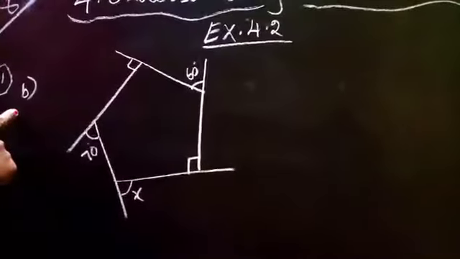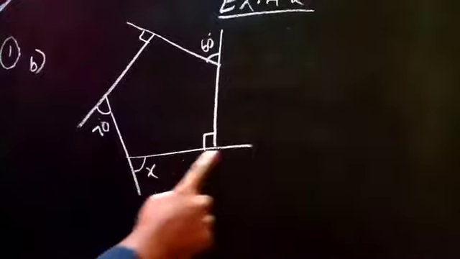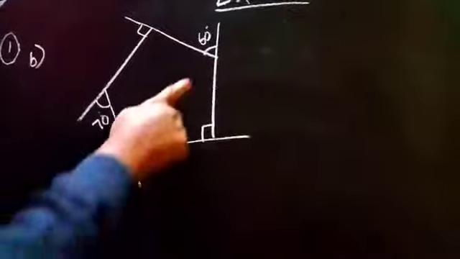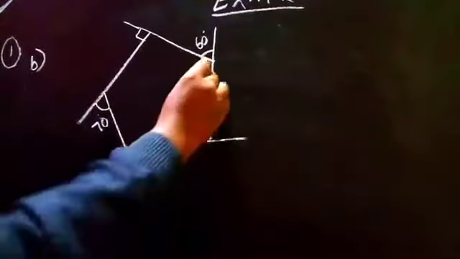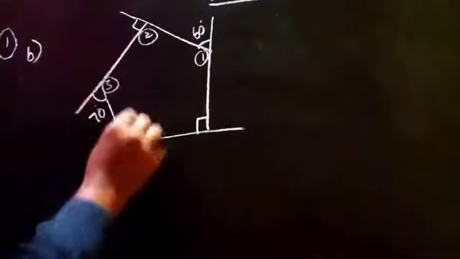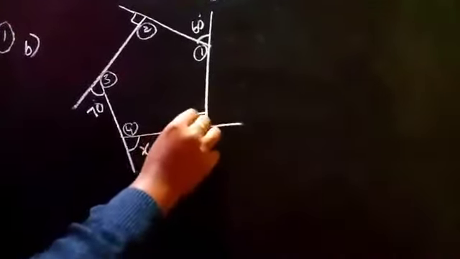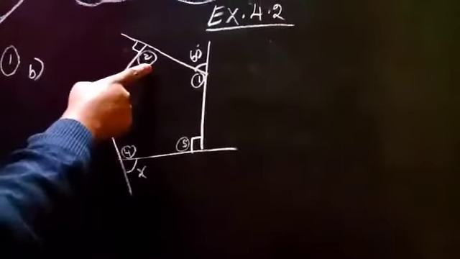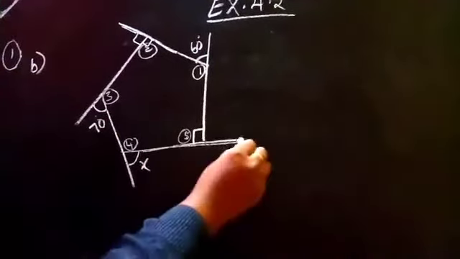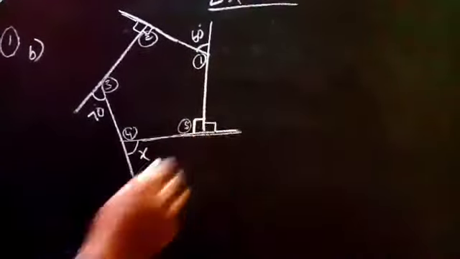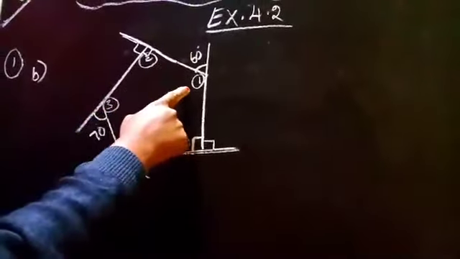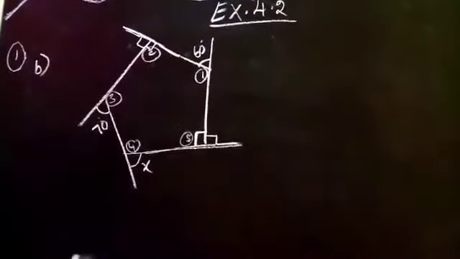In this B question, they have given a pentagon, with 1, 2, 3, 4, 5 sides. Now we will find the interior angles. Here I will take the first angle, this is the second angle, this is the third angle, this is the fourth angle, this is the fifth angle. Here they have given 90, so in this also we will get 90 degrees because this is a straight line. Here also the interior angle is 90 degrees, so the exterior angle also will be 90 degrees. In this, 60 plus